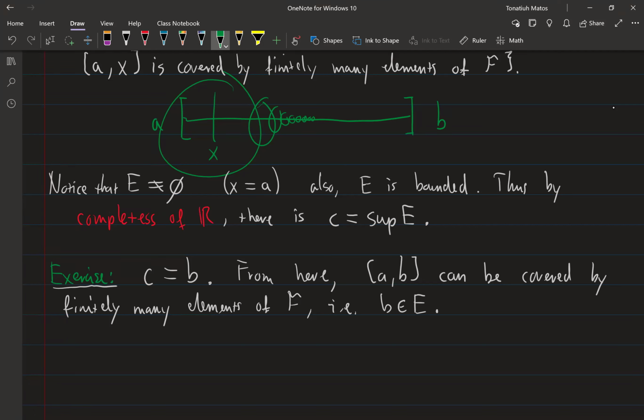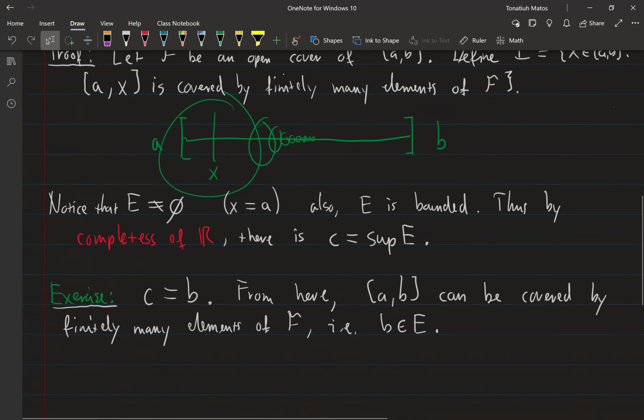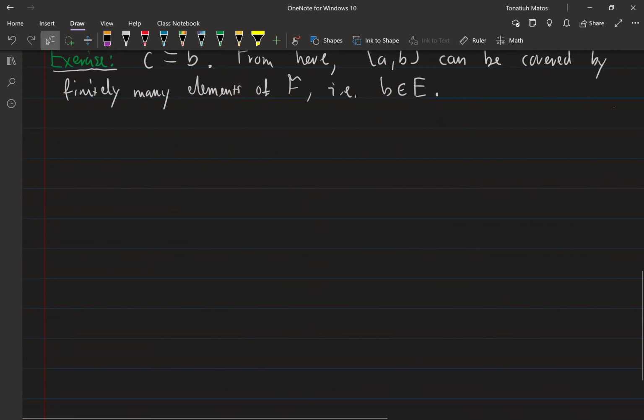If you want to understand this better, I do suggest you do this exercise, but there's nothing deep about this last bit of the proof, right? The idea that you're sweeping the interval left to right, making sure that you always preserve this finiteness, that's the main idea of this, and this is just an example, right? It's not that crucial. But now I can tell you why all of this is important,